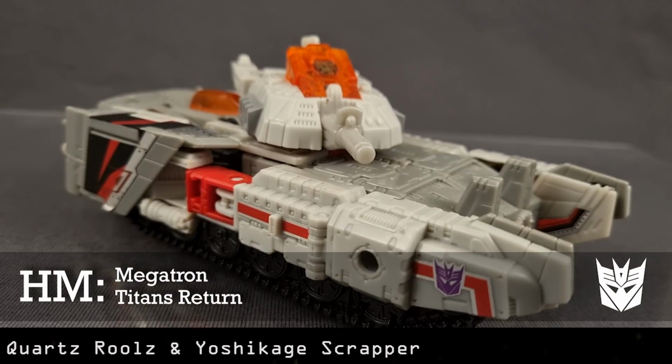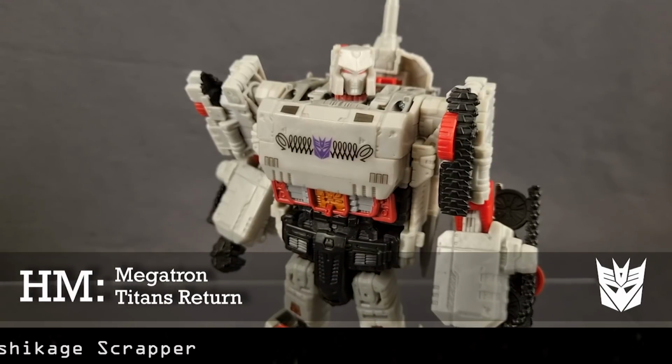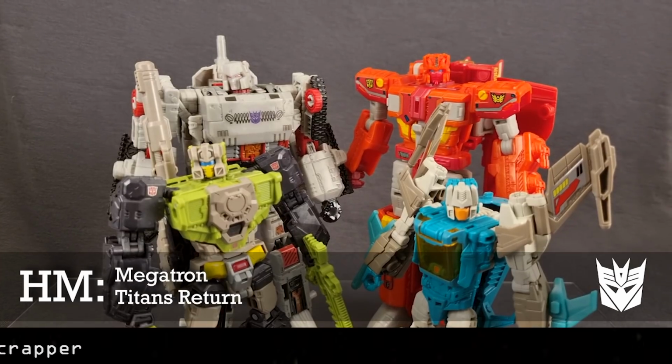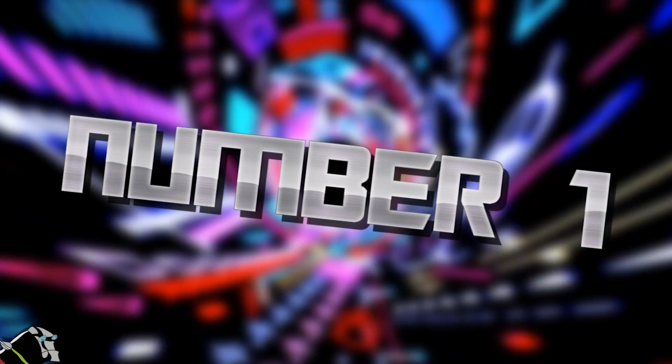And finally, time to turn Megatron. This one's pretty simple. It takes the awful Hasbro stickers and replaces them. Either way, it goes to show that Time to Turn had a lot of bangers, unfortunately let down by questionable deco choices. But that aside, my favorite Reprolabel set of all time is...